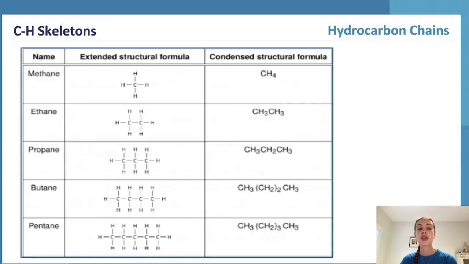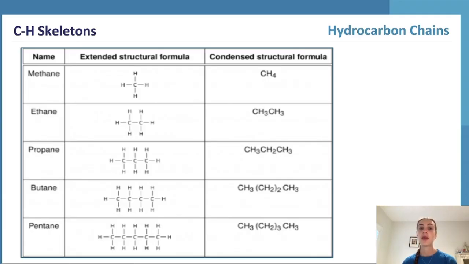structural formula. And so we can not only draw these as shown in the middle box with the extended structural formula, where it's very spaced out and shows how the molecules are arranged in space. So for example, methane being a singular carbon molecule with 4 hydrogens bonded around it. We can instead show a condensed structural formula where we can write CH4, or like going on to ethane, CH3, CH3. So not entirely condensing it down to its molecular formula, in which ethane would be C2H6, but instead a